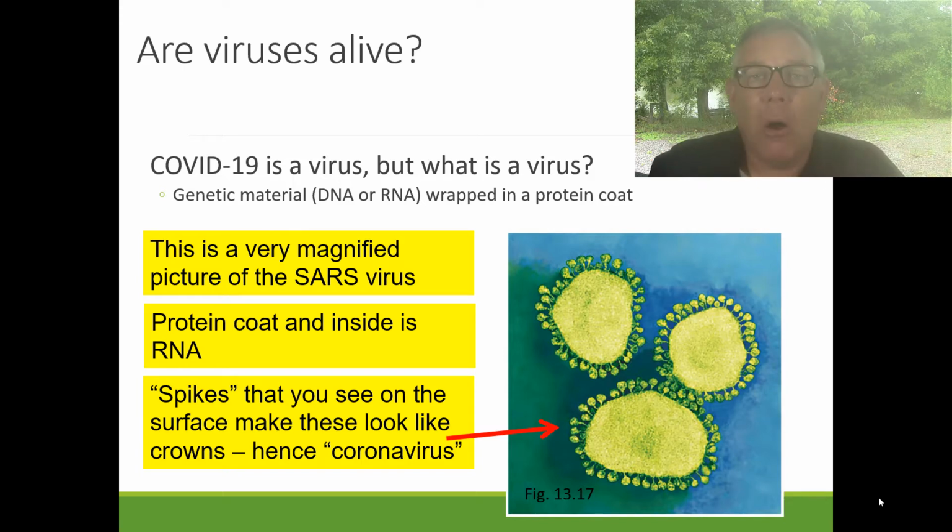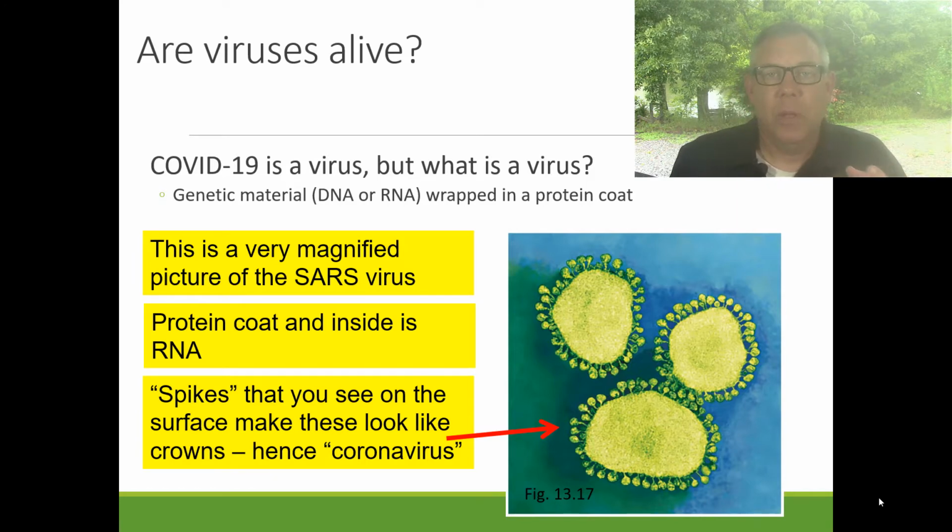And so those are diseases caused by other living things. But it's never clear, is a virus considered a living thing? But first let's talk about what is a virus, so we can understand how these things work. Basically, viruses are very, very simple. They're just some sort of genetic material, either DNA or RNA, so some sort of nucleic acid wrapped in a